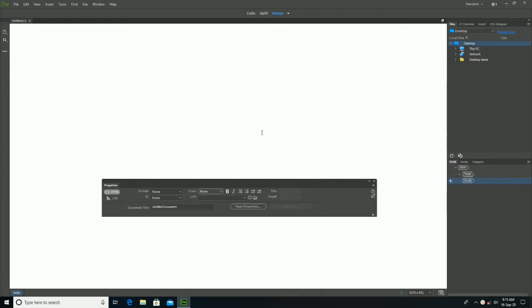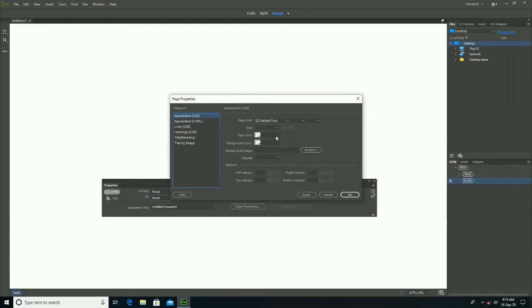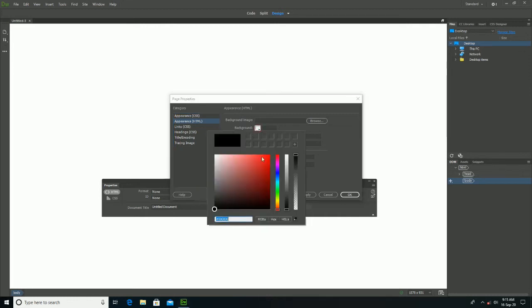Now click on the page properties, select appearance HTML, select the background, and now select the desired color that you want to apply as a background color.